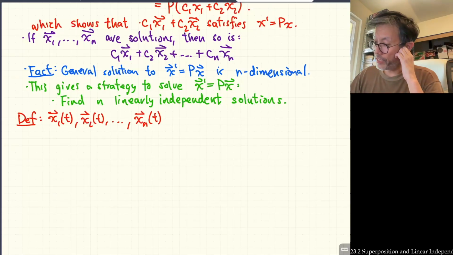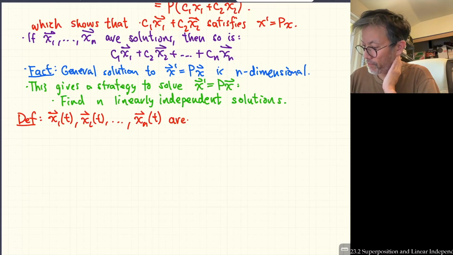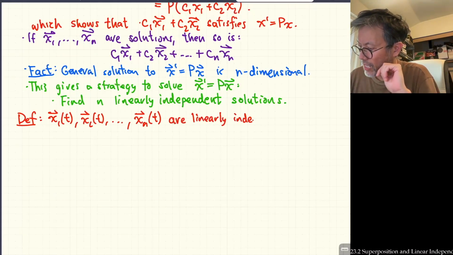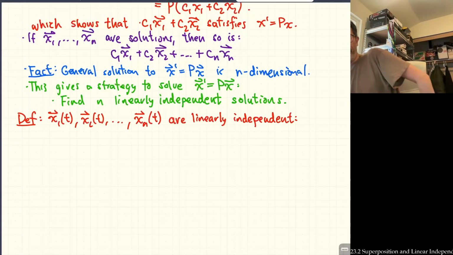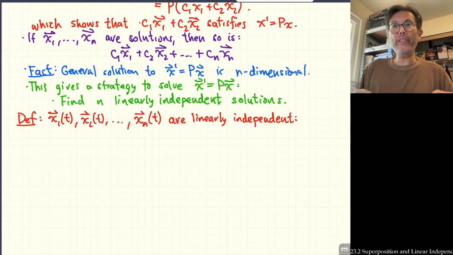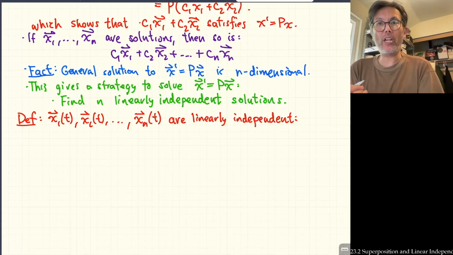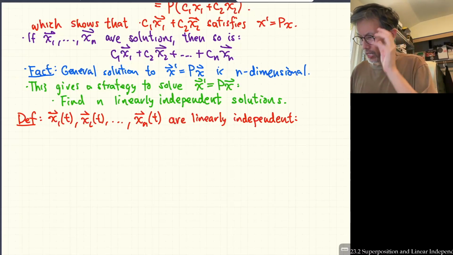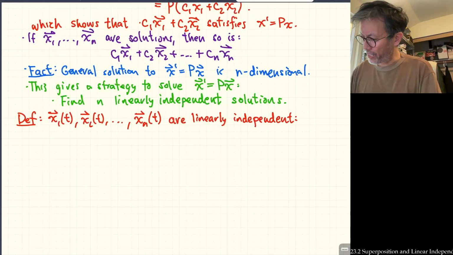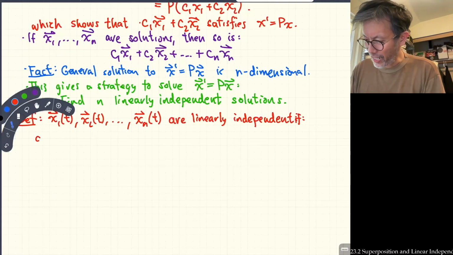They are linearly independent. This is a kind of fancy definition, which geometrically is an encoding of the description I just gave you. They all point in distinct directions in some sense. They are linearly independent if anytime